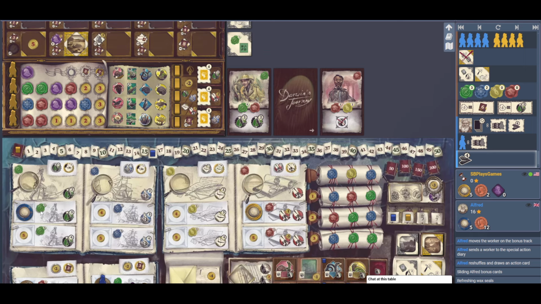Alright, we have 2 coins. Do we want to play the double red space with our double red fellow? If we do it, we get... How are we going to work that? We get a 1 coin discount and then a no coins discount. And we only have 2 coins. So...